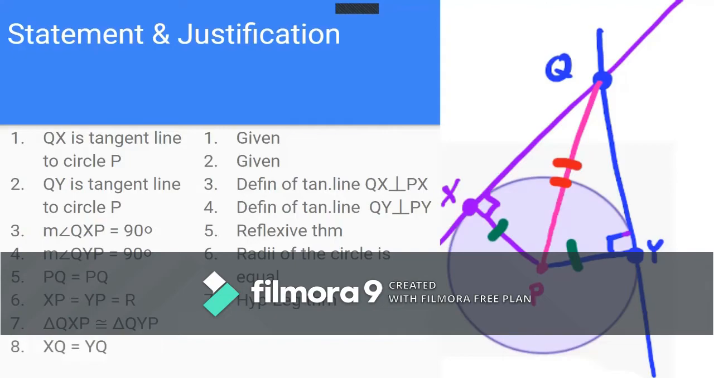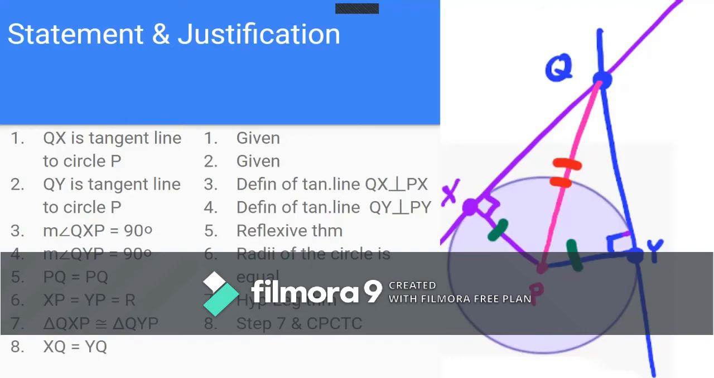Based on that, step 8 states XQ equals YQ. Plain and simple. This is based on step 7 and on the corresponding triangles. Since we proved in step 7 that triangle XQP is congruent to triangle QYP,